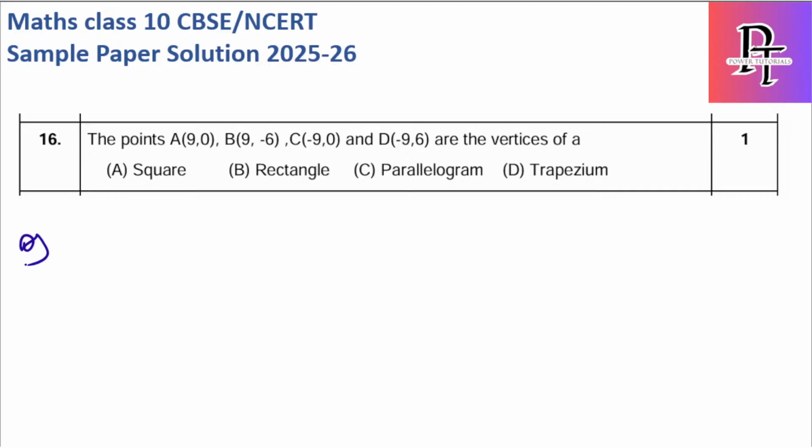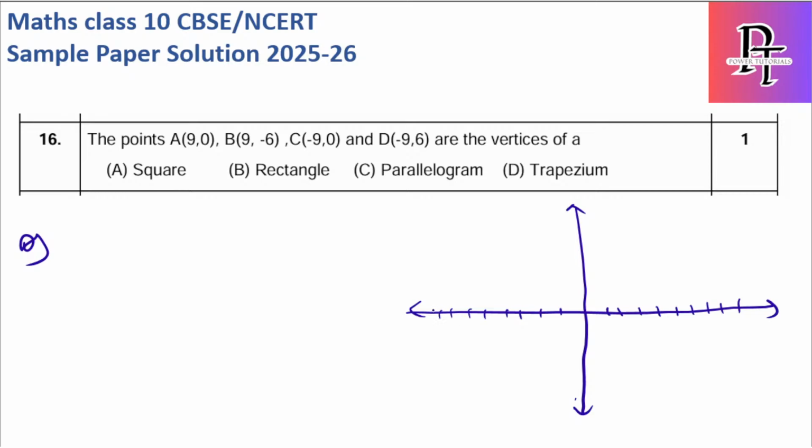So if it is just a 1 mark question, what we have to do is simply plot it on the graph, like assume a rough graph, and based on the graph you can decide which quadrilateral it belongs to. Okay, so here the first point is 9 comma 0, so 1 2 3 4 5 6 7 8 9. Here also let me plot it, 1 2 3 4 5 6 7 8 9, and here 1 2 3 4 5 6 are enough, because we have only 6. Okay, 9 comma 0 will be somewhere here, 9 comma minus 6 will be somewhere here, minus 9 comma 0 will be somewhere here, minus 9 comma 6 is positive, somewhere here. So if I plot this,